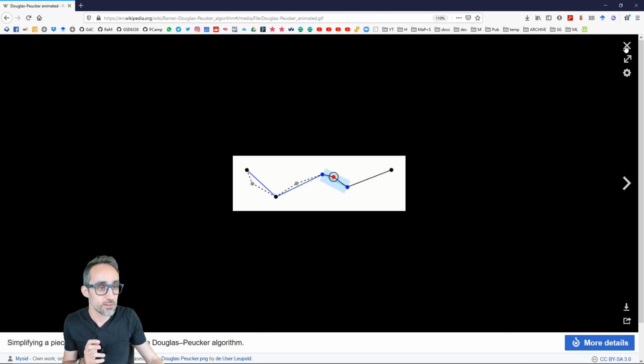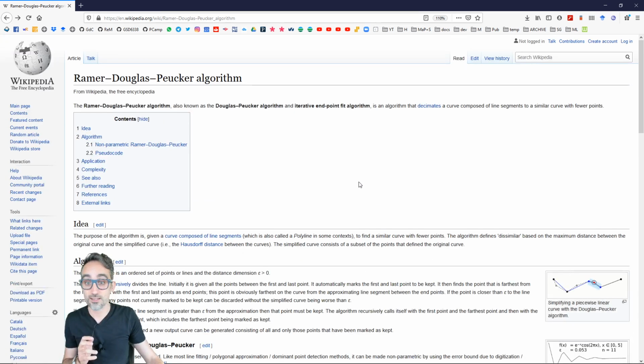We're going to do this because polyline simplification is actually a technique that is very common and very useful in many different fields. So for example, if you're doing robotics and you send a very complex polyline for the robot to follow that has thousands of points, then the robot may actually not be able to take all of that, and simplifying it in a way that it still maintains the overall trajectory of the robot is a very useful thing to do.